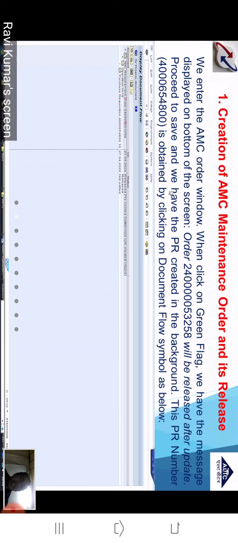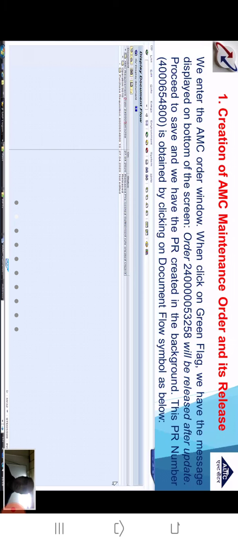Proceed to save, and we have the PR created in the background. This PR number so and so is obtained by clicking on the document flow symbol. I think you are very well aware of this step because we have done it in earlier classes, right?